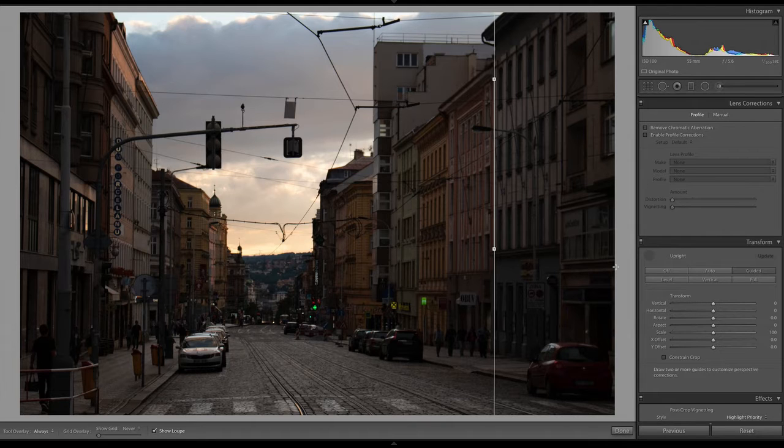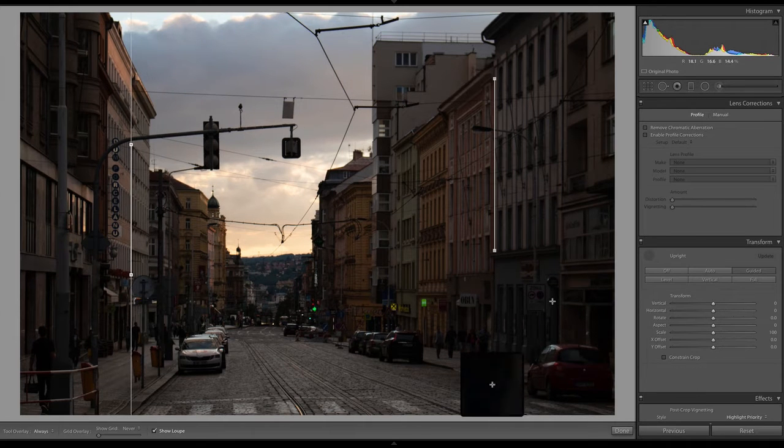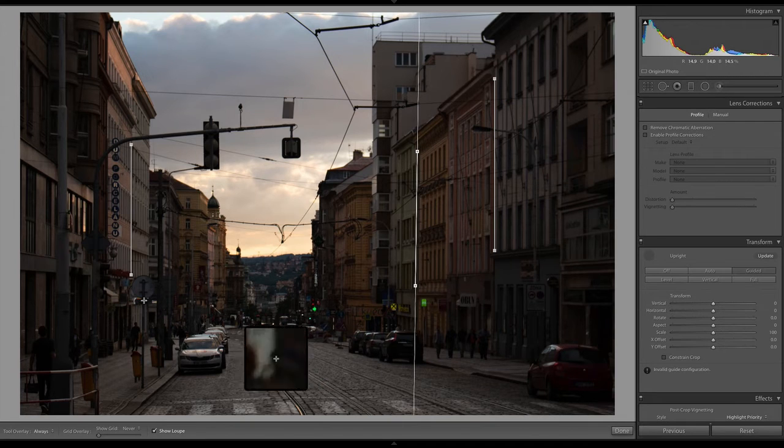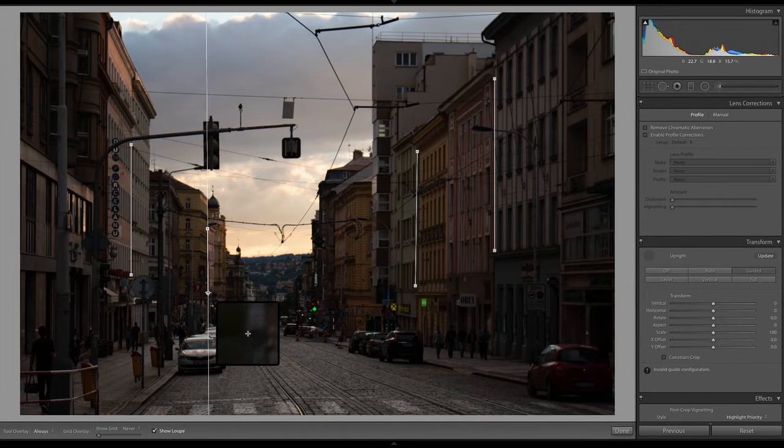Now nothing happens until I set another line. So I'm going to set one over here, this line right here. And when I do that, things start to straighten out. Depending on how crooked your lines are, this might actually make your image look a little distorted, so you do have to be careful about that. I'm going to go ahead and choose this line right here again, and you can do up to 4 lines, and it will use the data from all 4 lines to try to make all the lines straight. Basically, I want all these buildings to be vertical in this shot. I'm not caring about these lines down the street or anything like that, but I want the buildings to be vertical. So that looks good, so I'm going to click Done.